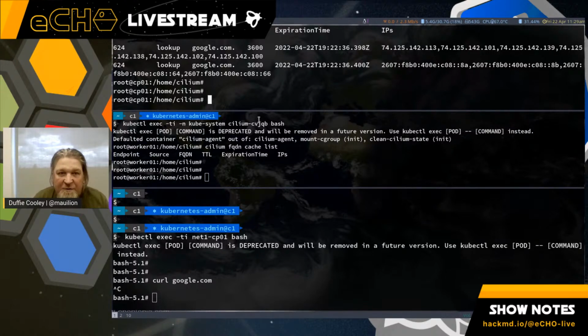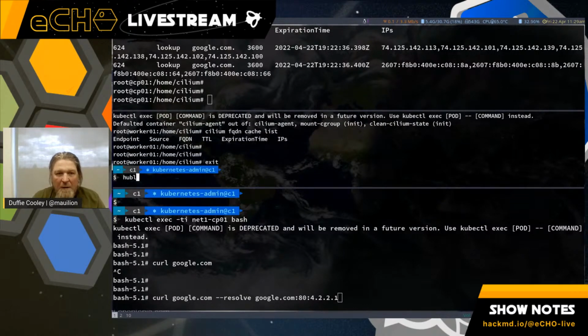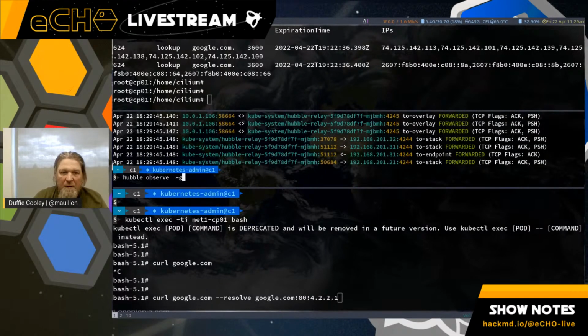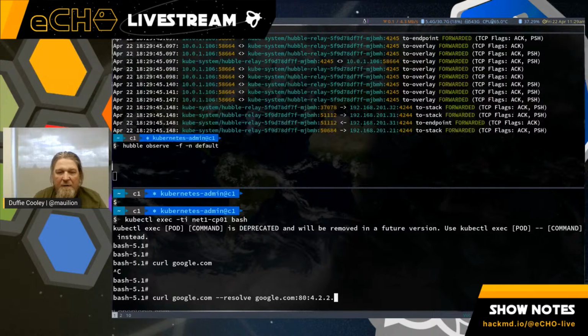And that was actually what I was trying to show with the curl. So if I were to run that curl command again inside of here, one other thing before I do that, we'll observe with hubble observe -f, and we're looking at our DNS traffic inside of the default namespace again.